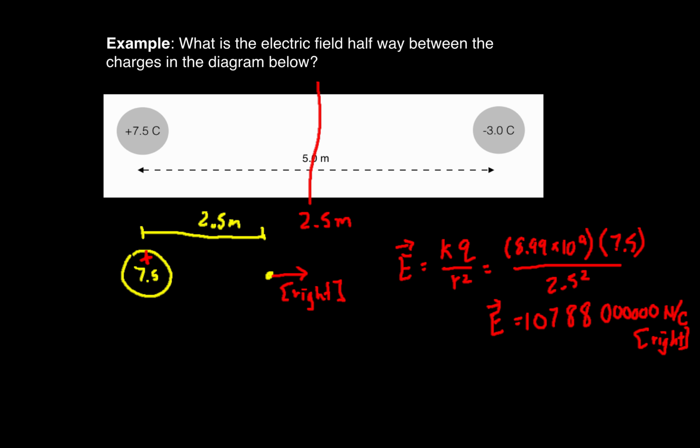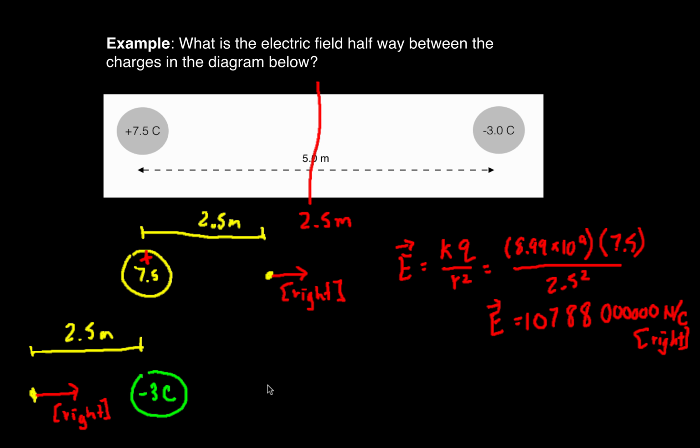There's a second charge there, and that's the negative 3 coulomb charge. Since it's negative, we know that the electric field at a point that is 2.5 meters away from it is going to be towards this charge. Negative attracts positive, and electric fields are the direction that a positive charge would go. So, in this case, the electric field is going to point at the negative 3 coulomb charge, which means also